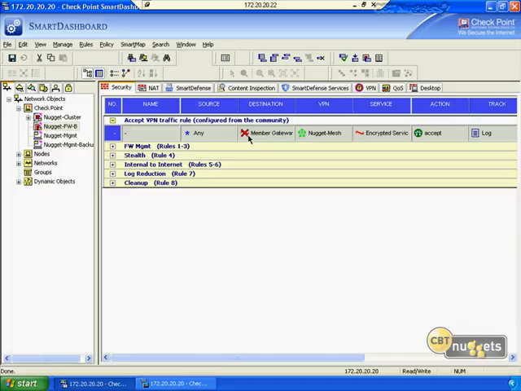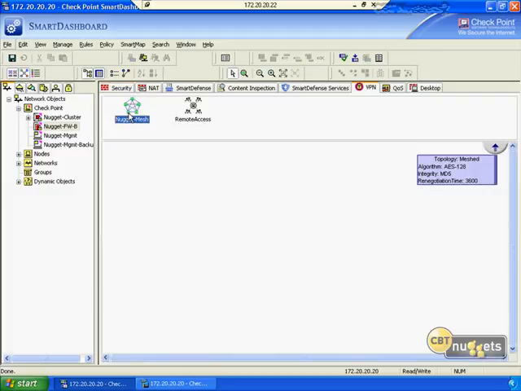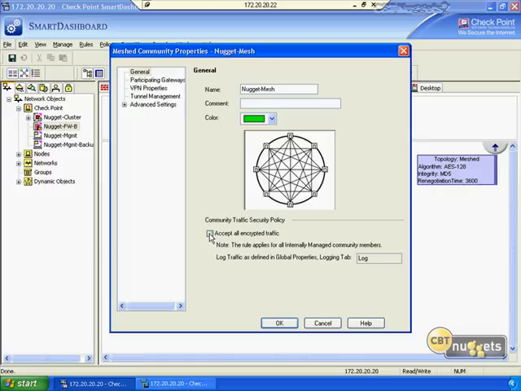The destination on the member gateways for the Nugget Mesh encrypted services, accept everything, and that's essentially what that will do. Now we're going to be able to build our own VPN rule, and we can control exactly what's going through our VPN, but that's what that option does, and I wanted you to see that. So let's go back to VPN, open up our Nugget Mesh, kill that option,